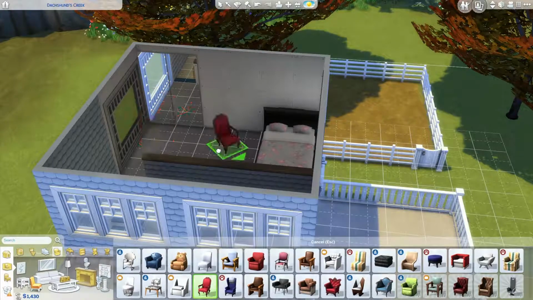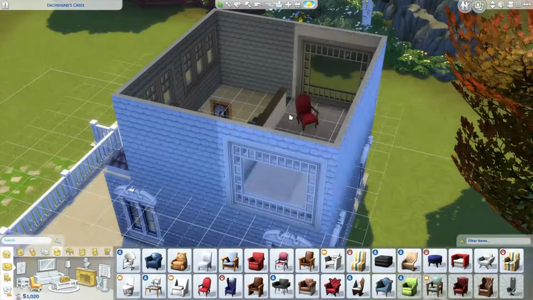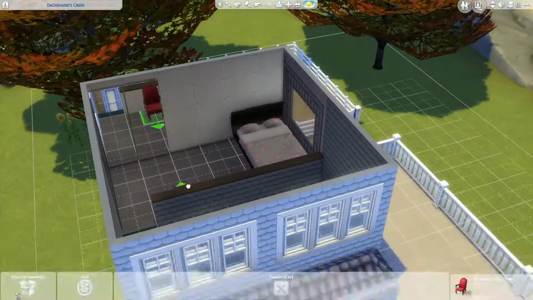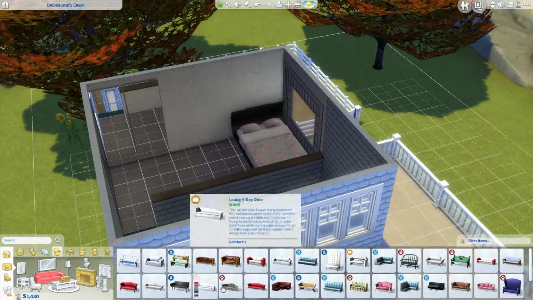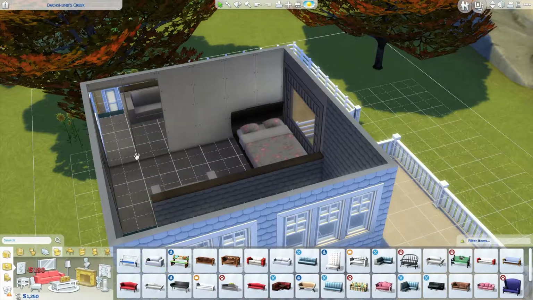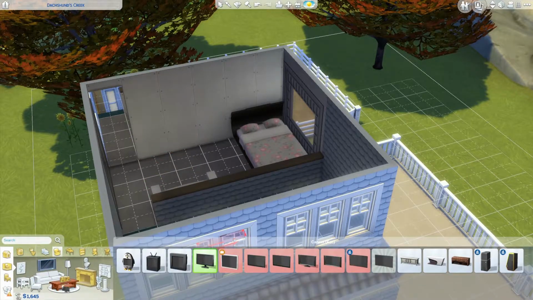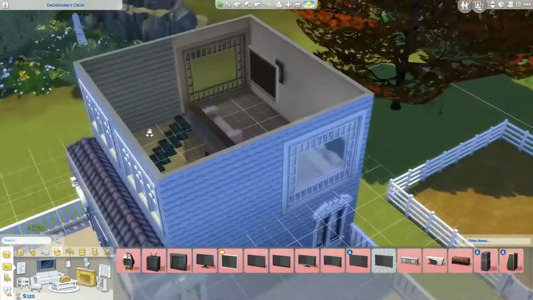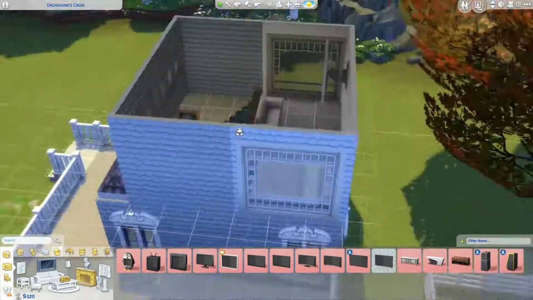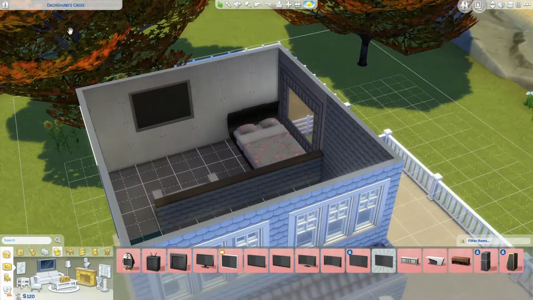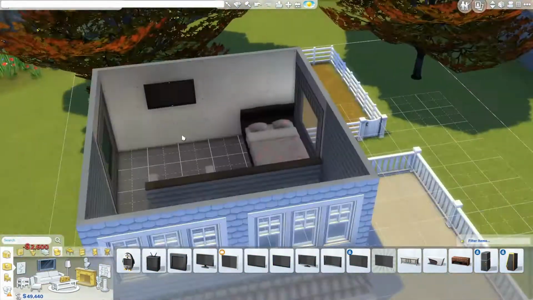But here I'm trying to figure out, this is the main part I really love of the house, the bedroom. That's where I really wanted to see what I wanted to do. Because my sim is single at the moment, I didn't want too much stuff going on, so I wanted it to seem like a young theme. And yes, I did have to do a little